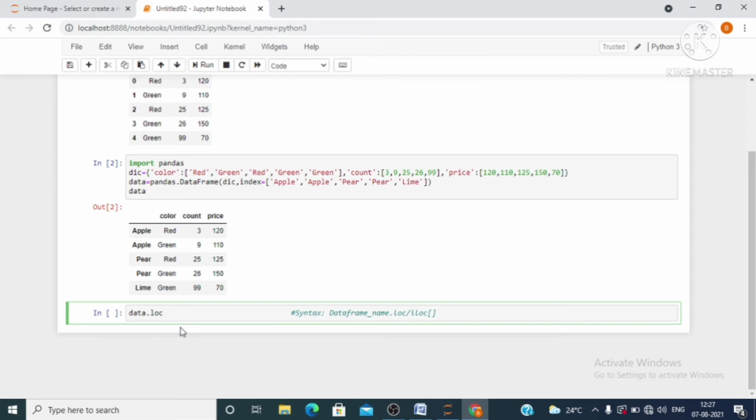Since labels are given and we are accessing through labels, that's why we are using LOC here. Within square bracket give the row label which is apple.